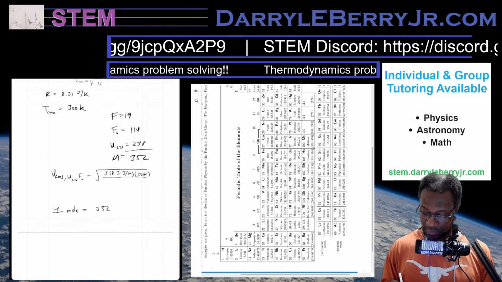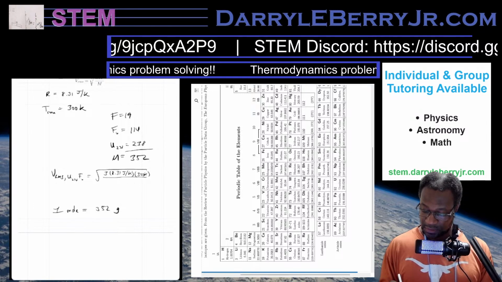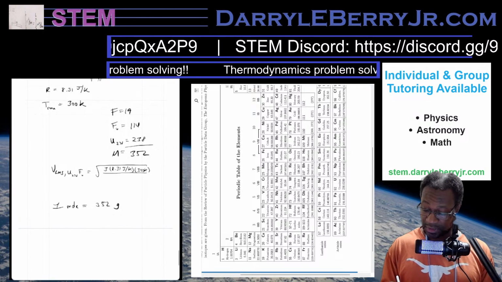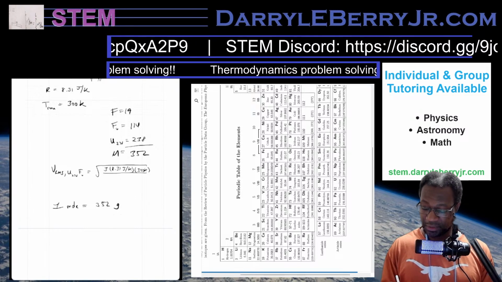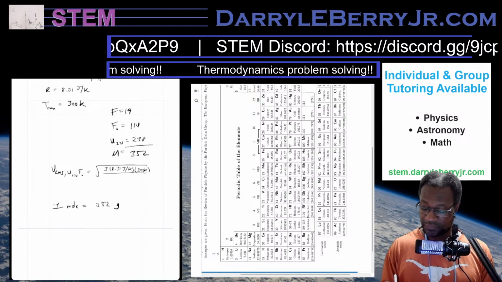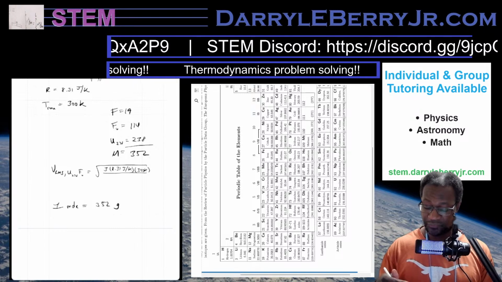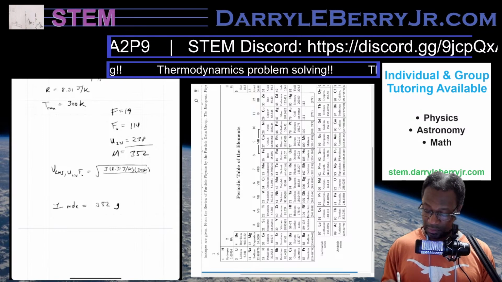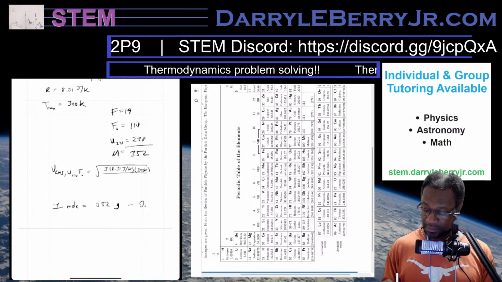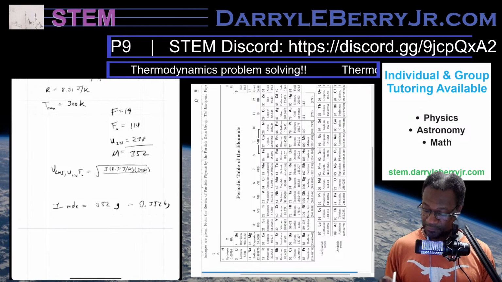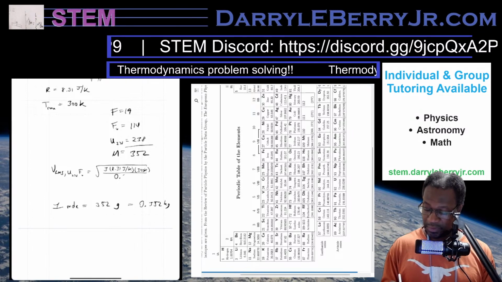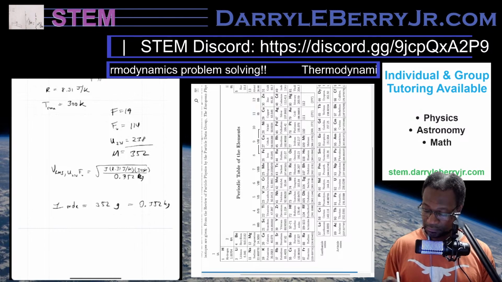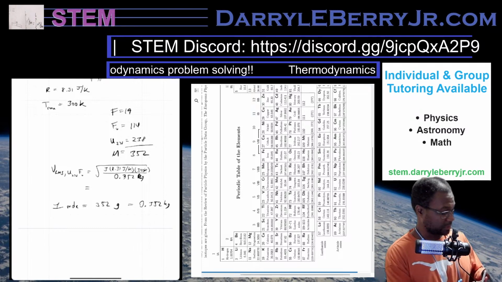Grams. We have the 1 mole. This is the molecular mass, 352. 1 mole of this substance weighs 352 grams, or 0.352 kilograms. We're going to put 0.352 kilograms in standard units. So that's going to equal, let's see,